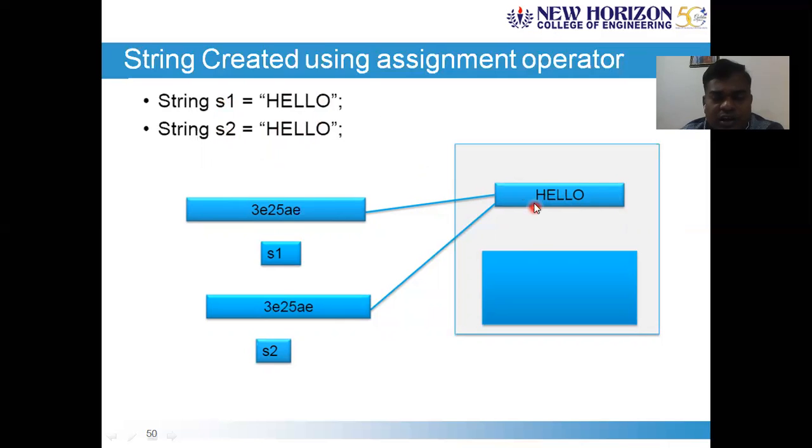So at the memory level, although it is only one object, you have two different reference variables that refer to the same object. And of course, if the object is the same, it always returns the same hash code assigned to this object. So 3E25EE, 3E25EE: the same hash code for both s1 and s2.